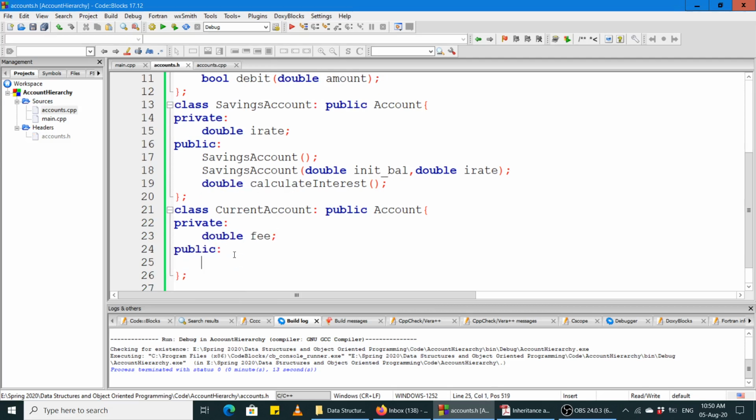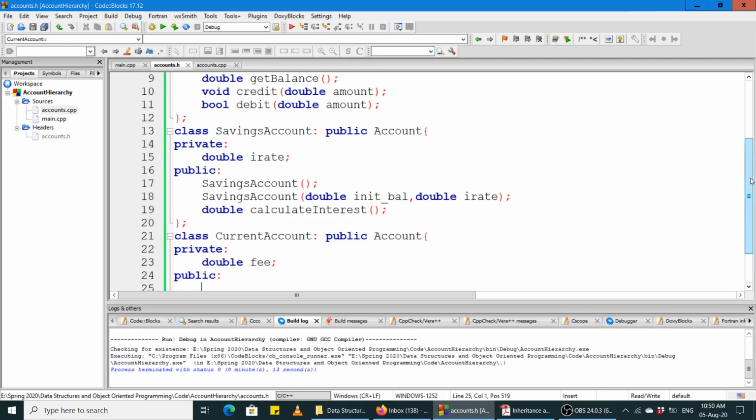और देन वी विल ओवरराइड द डेबिट फंक्शन। ओवरराइड से क्या मुराद है? ओवरराइड से मुराद ये है कि ये आपका फंक्शन है अकाउंट क्लास का डेबिट फंक्शन। अब ये डेबिट फंक्शन करंट अकाउंट क्लास का भी फंक्शन है, ठीक है, क्योंकि करंट अकाउंट क्लास इनहेरिट कर रहा है अकाउंट क्लास के तमाम बिहेवियर को और तमाम एट्रीब्यूट को। बट आप इसको करंट अकाउंट क्लास में ओवरराइड कर सकते हैं। ओवरराइड से क्या मुराद है? रीडिफाइन कर सकते हैं करंट अकाउंट क्लास में, ठीक है।